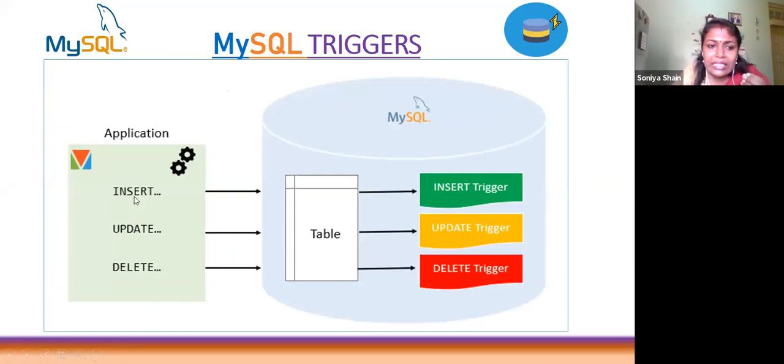When you are inserting data into the table, updating data in the table, or deleting data from the table, the corresponding trigger automatically happens. Insert means insert related trigger, update means update related trigger, and delete means delete related trigger.